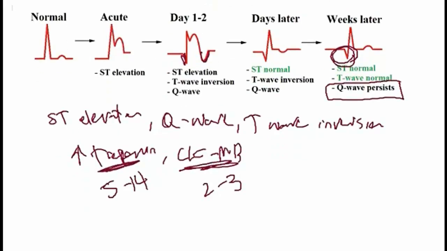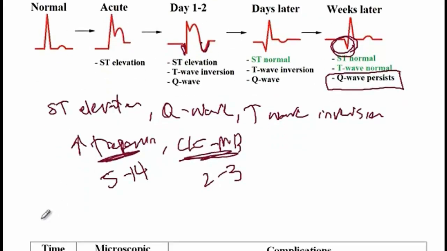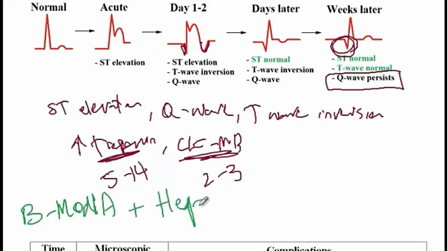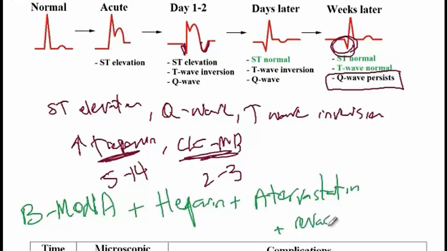And then the treatment options in patients with STEMI include BMONA, which is beta blockers, morphine, oxygen, nitrate, aspirin. You can also give them heparin, atorvastatin, and then for revascularization, you can proceed with either the PTCA or